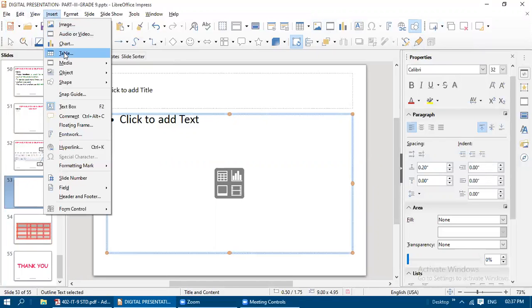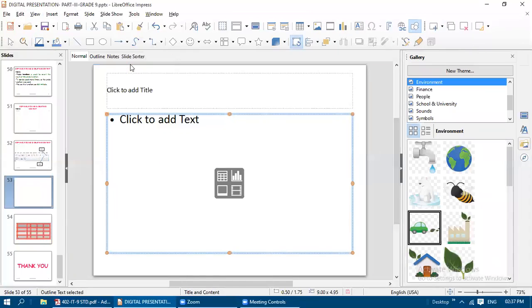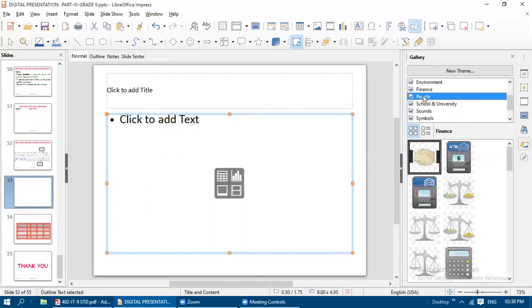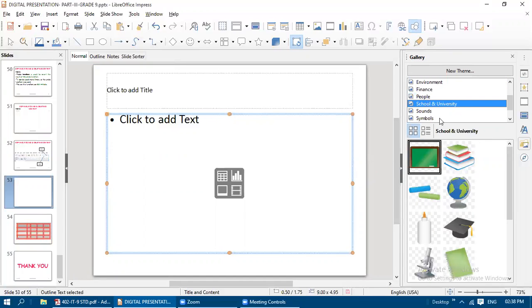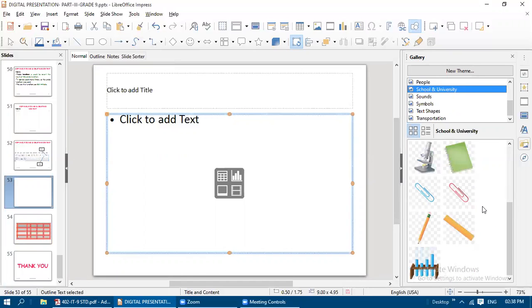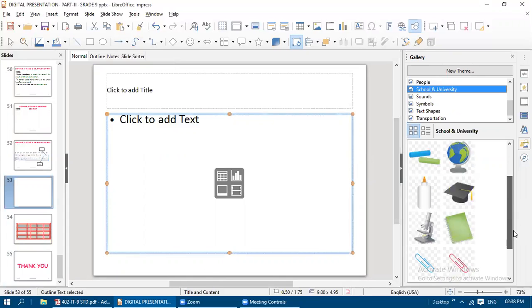Just click on insert media and then gallery itself. On the right side you will get the gallery. In that you choose the theme: finance theme, pupil theme, school and university theme, like that some themes are available. Which picture you want to insert, you need to select by scrolling the scroll bar.